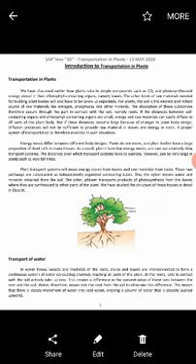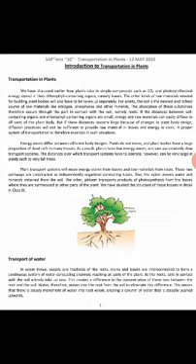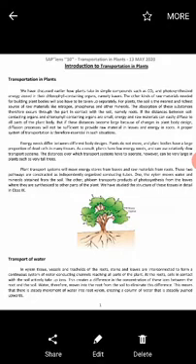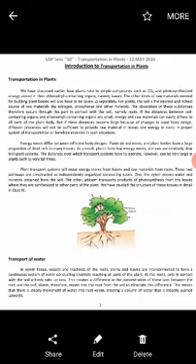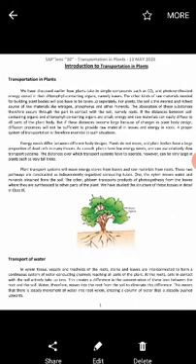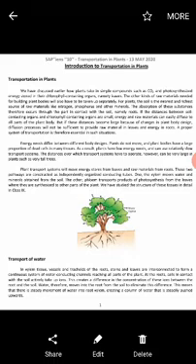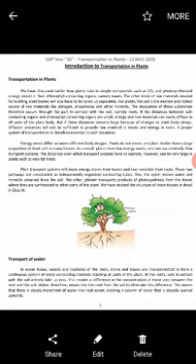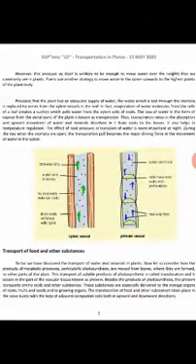Imagine a coconut tree, the root and the leaves, the distance. Is it very near? No. But if this distance becomes large because of changes in plant body design, the diffusion process will not be sufficient to provide raw material in leaves and energy in roots. A proper system of transportation is therefore essential in such situations.